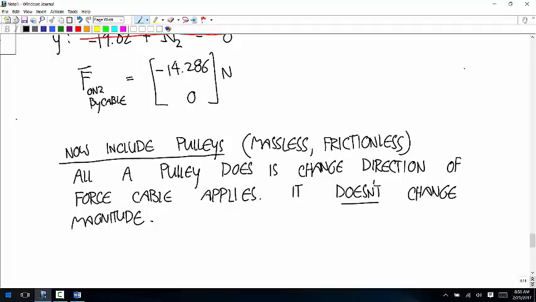Does it change the magnitude of force you need to apply? And the answer is a single pulley doesn't change the magnitude of the force. There is a smart way you can rig up a set of pulleys that does allow you to change the magnitude of the force, but it's not really the pulley that does it, it's the configuration. I'll talk about that. But if you have a single pulley,